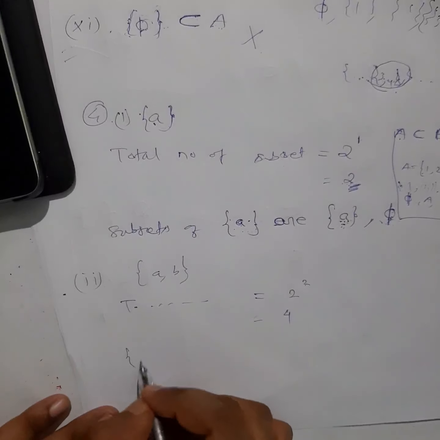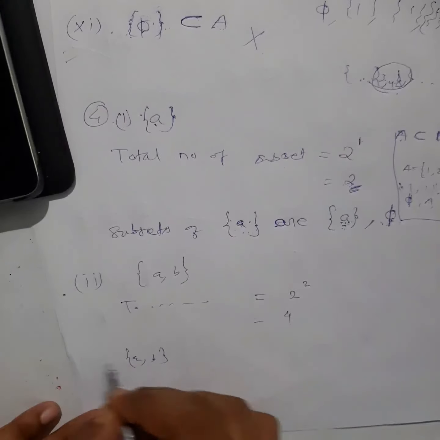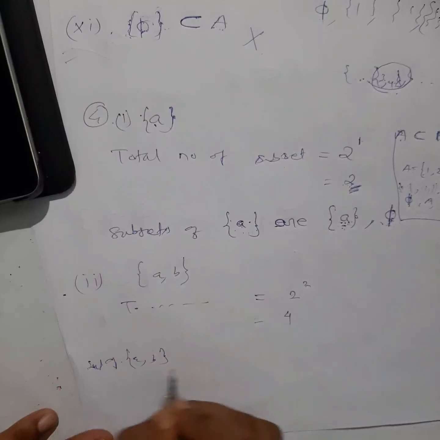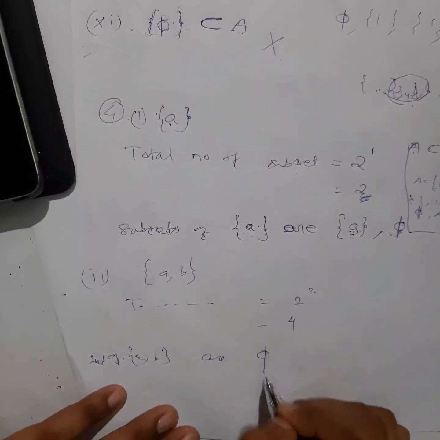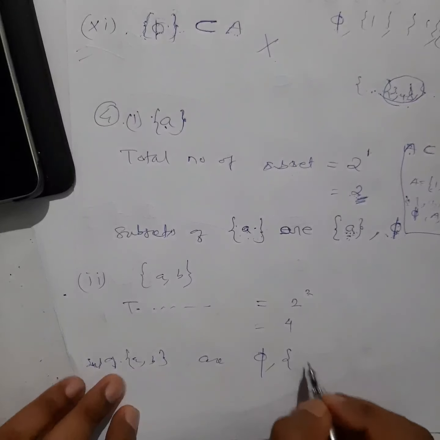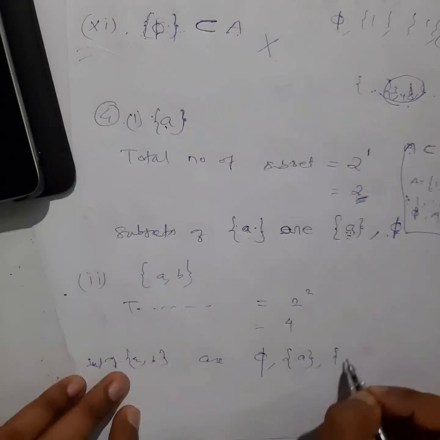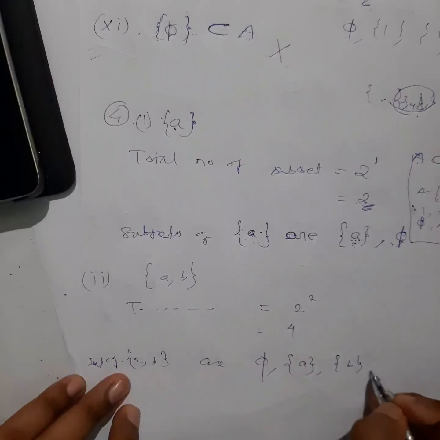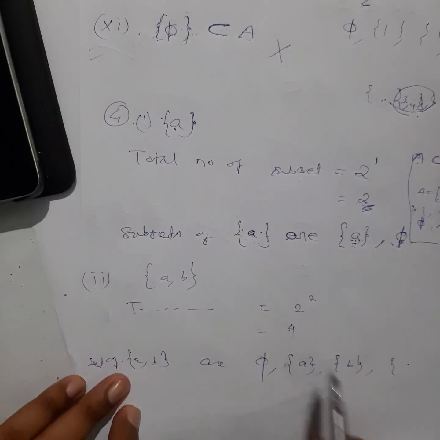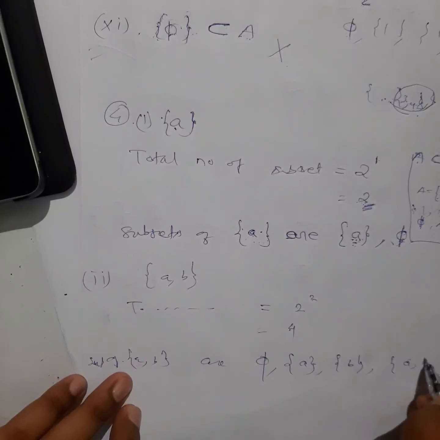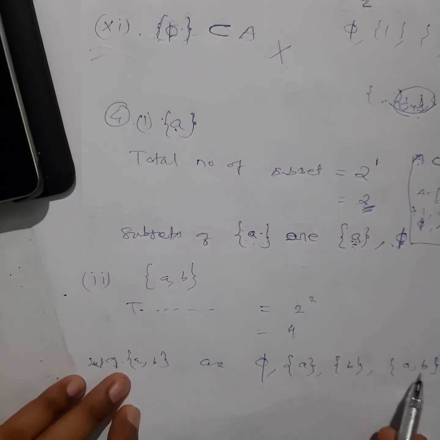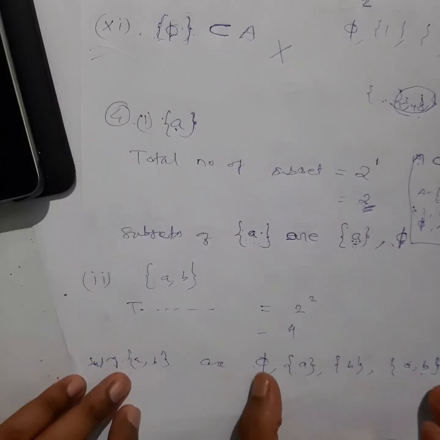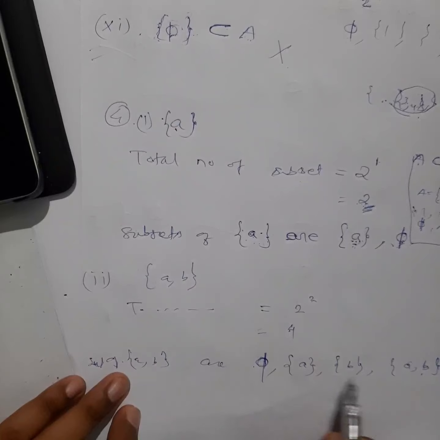Let's see what the subsets are. Subsets of AB are, what will it be? Phi itself will be there, right? Then {A}, {B} will be subsets of this one, right? Then anything else? I know there are 4 subsets, so the set itself will be the last one. Phi and the set itself are obvious cases; in every set you will find these as subsets, okay? In all cases. So I got the 4 subsets. Now no need to think. These are the only possible subsets, okay?